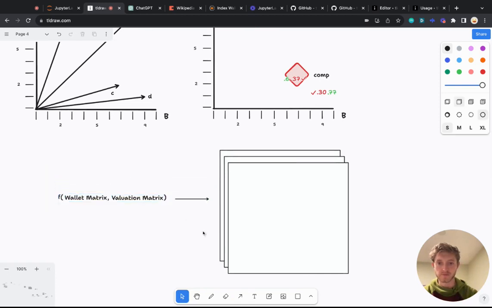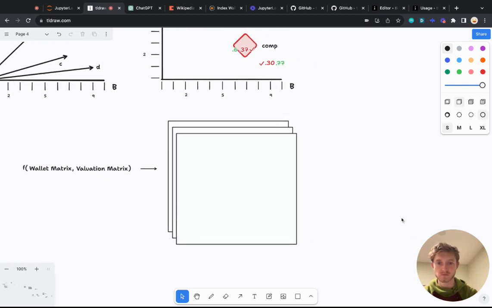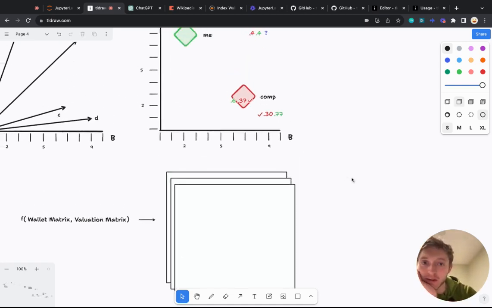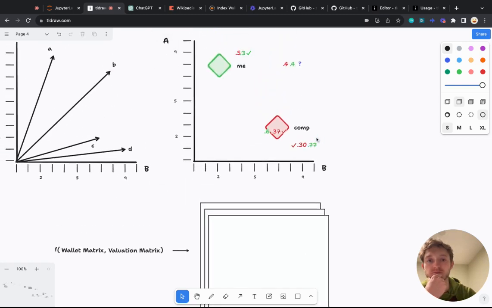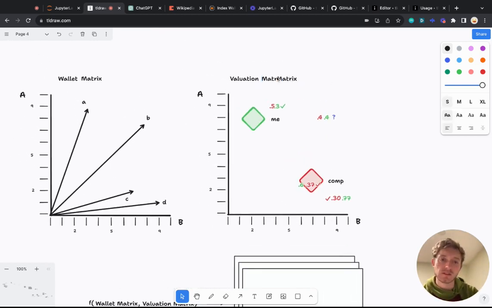Okay, and what's in here? Is this denominated in, well, it's going to be vendors times